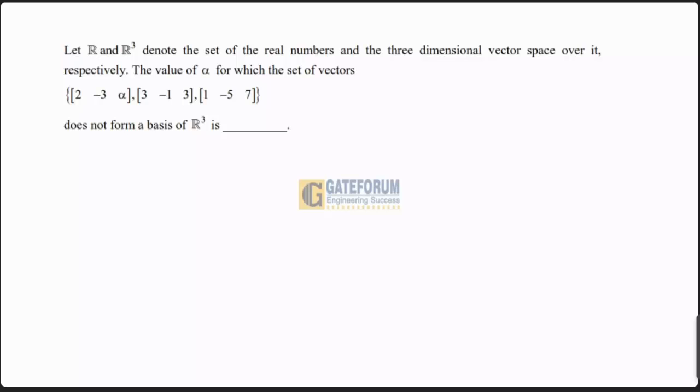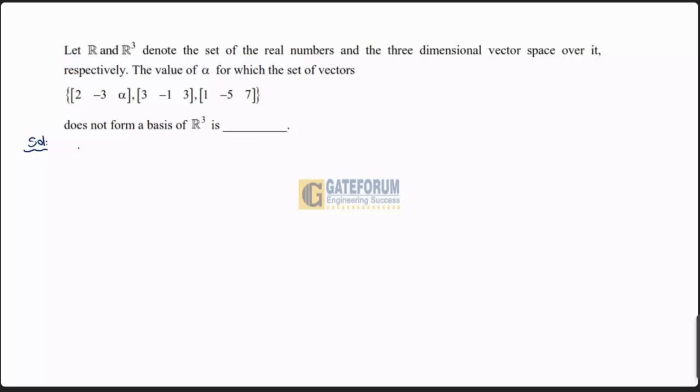This question is from engineering mathematics, from the topic linear algebra, subtopic vector spaces, which is one more question. The solution is